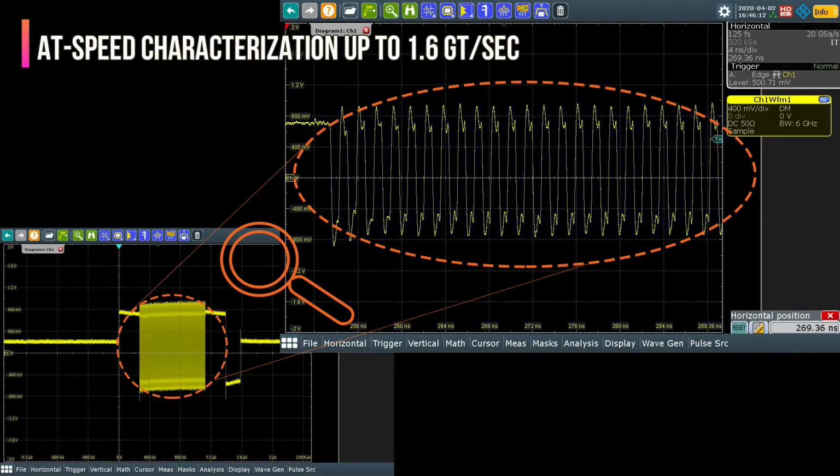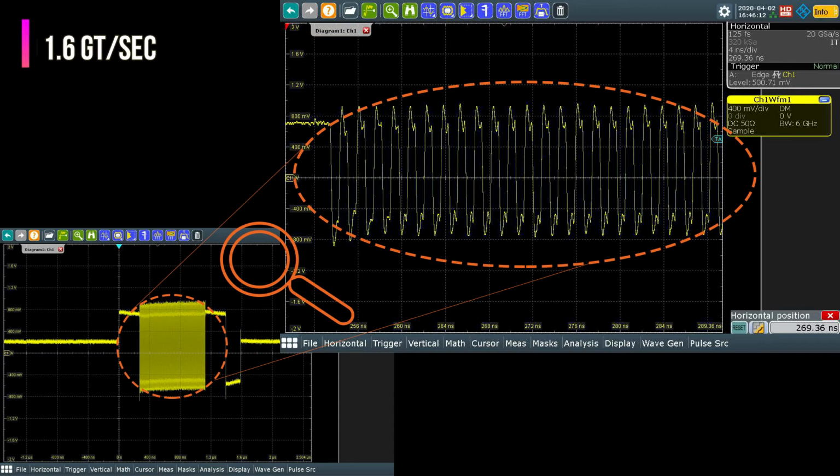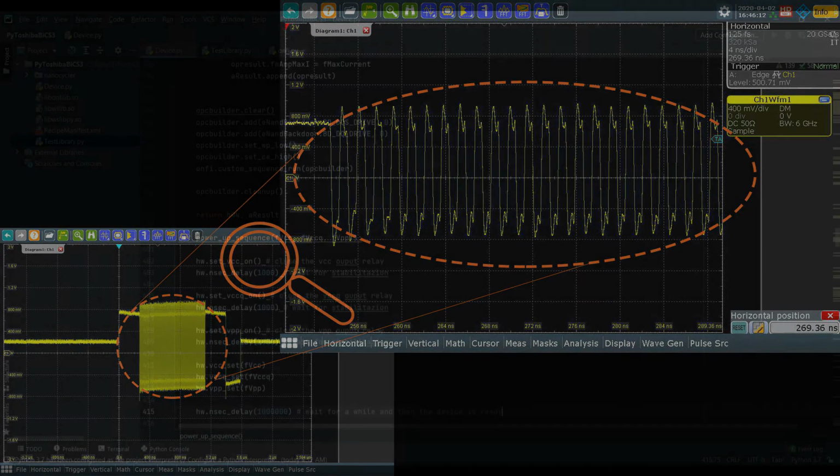Nanocycler exercises and stresses at speed up to 1.6 gigatransfer per second the devices under test, replicating faithfully the use condition of the application. Studies have proven that the interface speed has a strong impact on the quality of the characterization results. This is why it is strongly recommended to run the characterization at the same speed as the final application will run at. The speed provided by Nanocycler covers the real-life requirements for the coming 2-3 years. M+T engineers are working on the next generation beyond 2 gigatransfer per second.